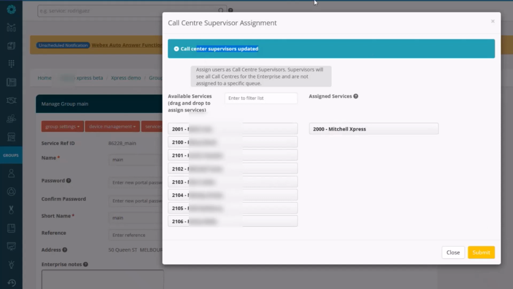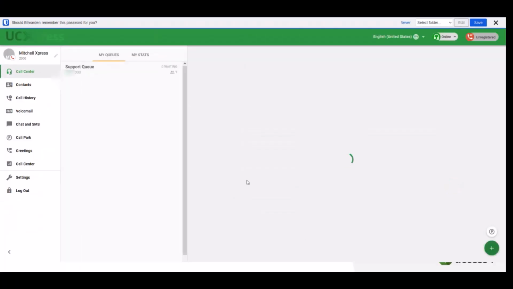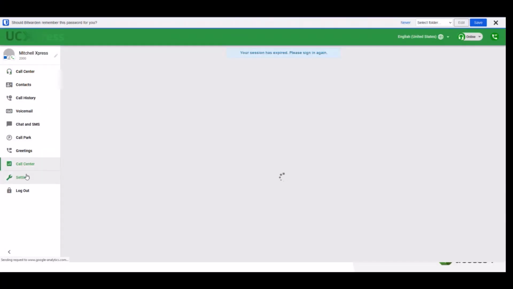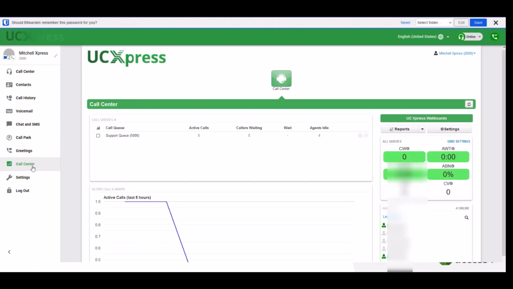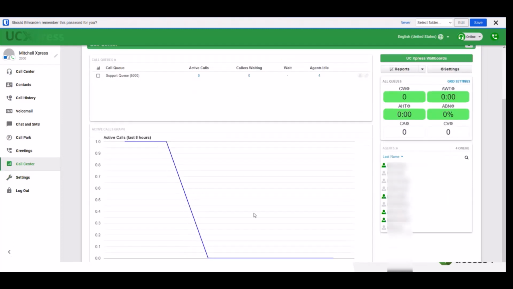It doesn't ask you which queues you need to supervise. You are supervising every queue for that group. So that's something to be aware of. It's a little bit different to the way it works today. So you may have multiple queues that you don't need to be a supervisor for, or vice versa. So the way you deploy across multiple groups and things like that may just need to be a little bit